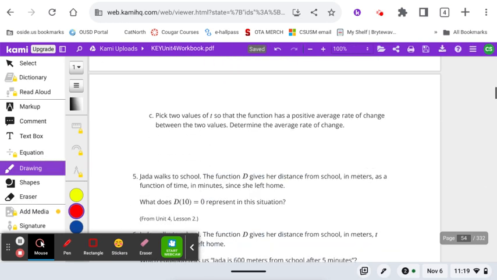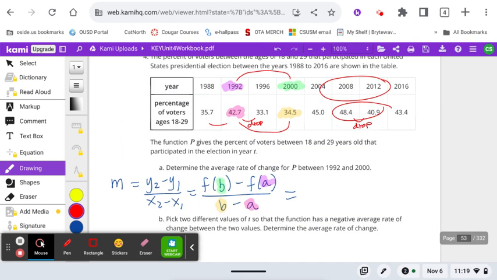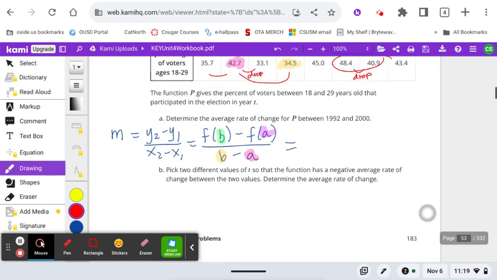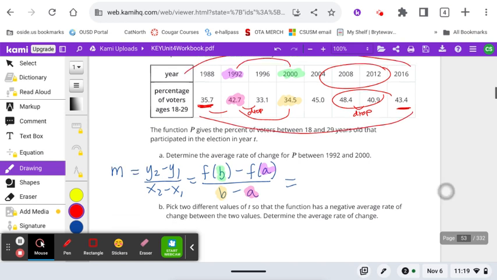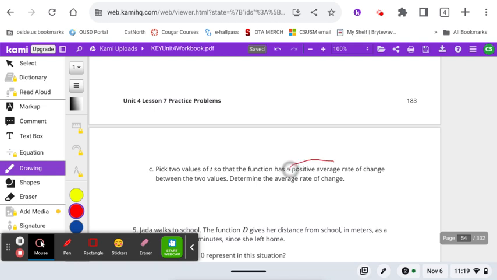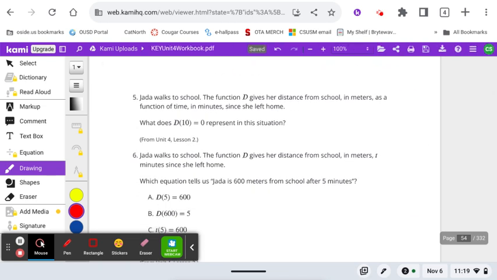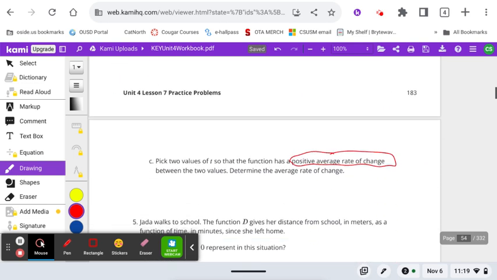B. Pick two values that it has a positive average rate of change. So all these other options besides the two drops could be used as a positive rate of change. You could even go from 35 all the way to 34. You could literally do the whole jump, use the whole table, the whole interval, because that has a positive average rate of change over time. Okay, and by the way, you're using still the same formula from A on parts B and C to do